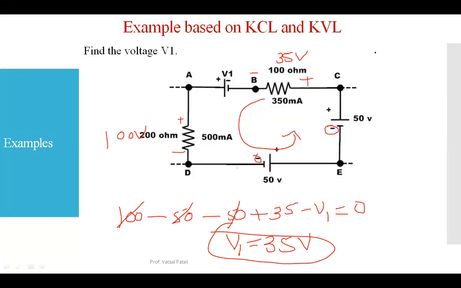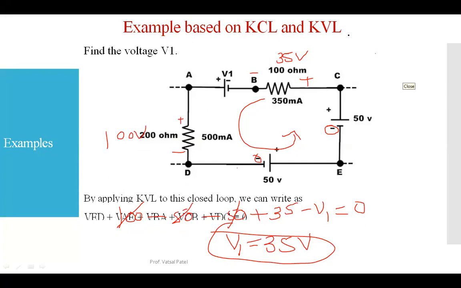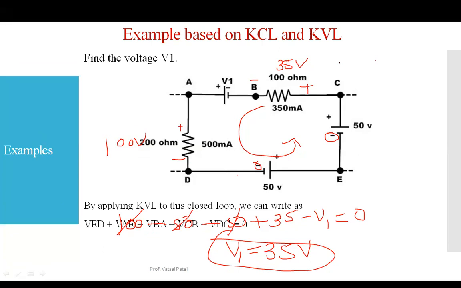So the description of this is given here, that the individual voltages are applied. The total voltage around a closed loop path is equal to 0, and that is the law, the statement of the KVL. It is the law that the total energy being used should be applied or generated. That's it.